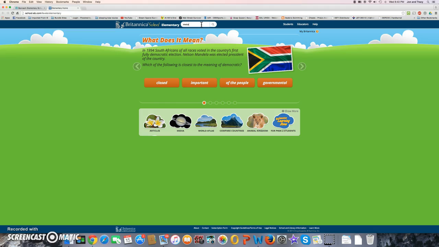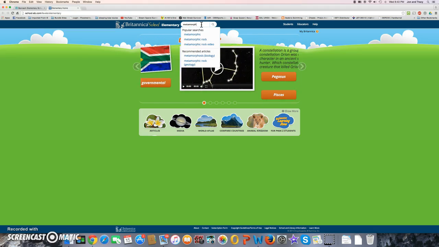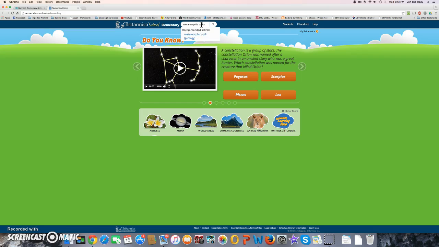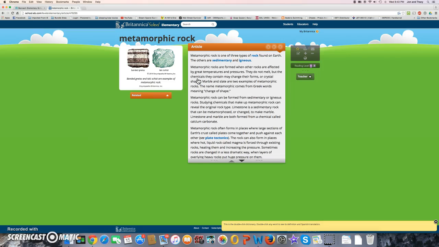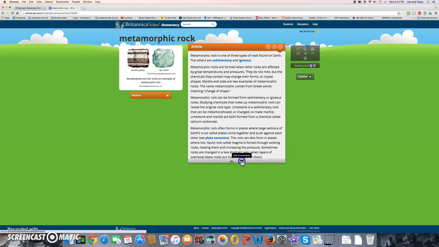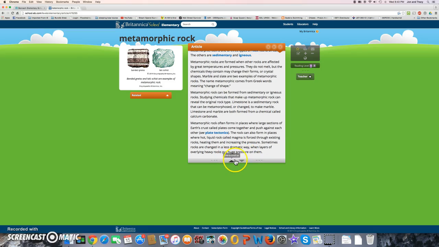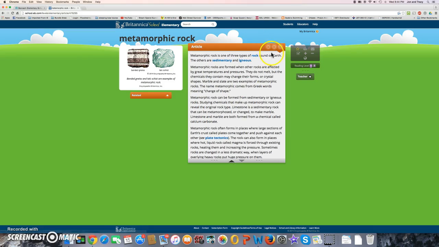So if you're looking for information about metamorphic rocks, then you can just simply click search, and you can see that you're going to get different types of rocks. If you click on metamorphic rocks, you're going to see that it has some pictures. It has some information listed for you. This will help you to scroll down, scroll up. And the other thing that's very nice is that it will read to you. So if you just click on this play button,